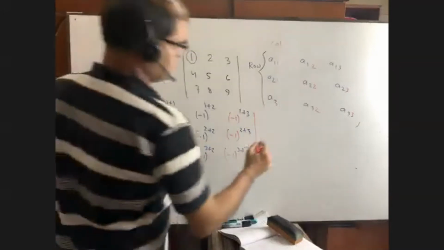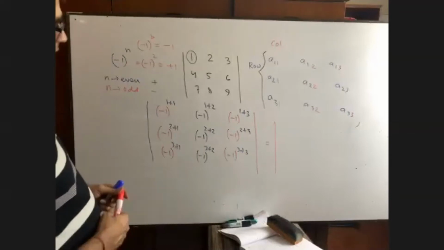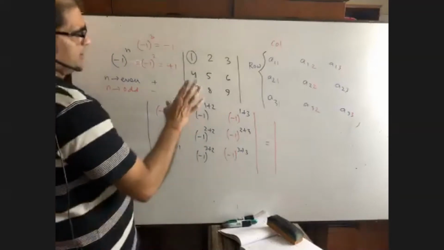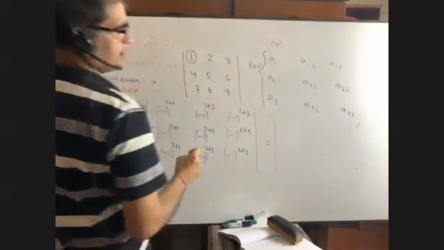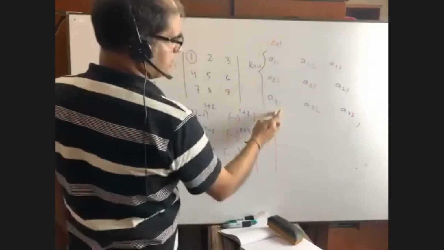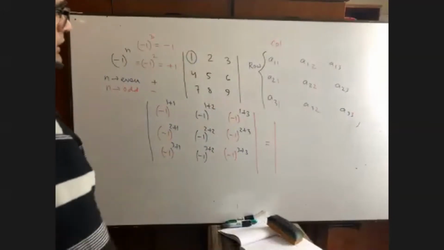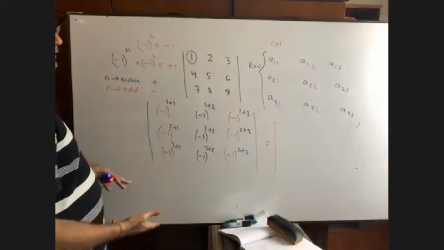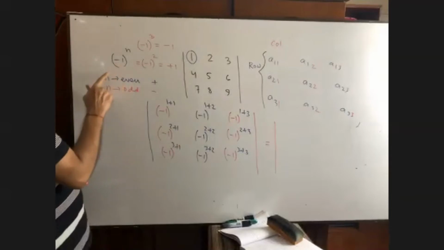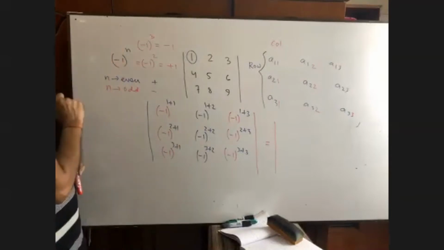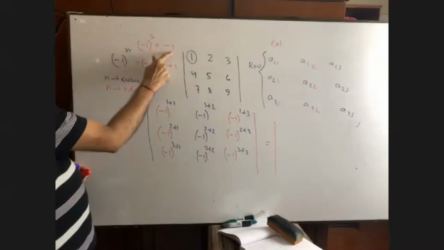Now you see. Okay. It's okay. Actually, I am telling you that this is 1, 1, 1, 2, 1, 3, right? 2, 1, 2, 2, 2, 3, 3, 1, 3, 2, 3, 3. That you got in chapter 1A, exercise 1A. Now, what I am going to show you is where plus and where minus. It is the way to express any numbers in the format of -1 whole to the power n. If n is even, then we are getting a positive sign. If n is odd, we are getting a negative sign.